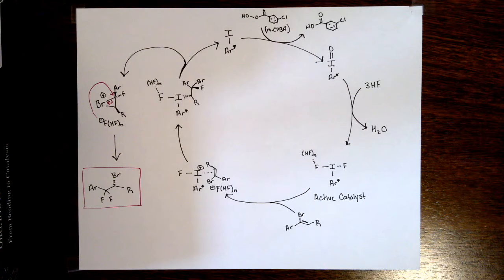Basically, it's an oxidation to an iodosyl arene. That's basically just the iodine now doubly bonded to an oxygen. And then it goes through what is most likely a sequential attack, protonation, and loss of water by HF. And so you end up with your iodoarene difluoroiodane catalyst, which now has your two fluorides bound to your iodine. And now you're in that I(III) active state to then be able to coordinate to that